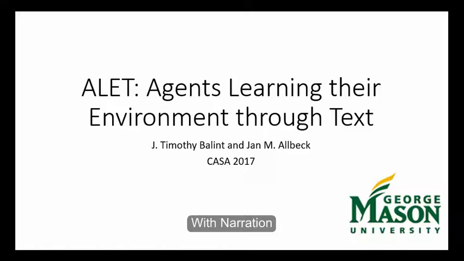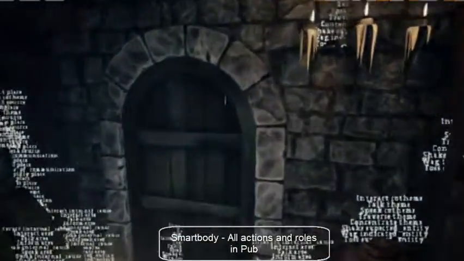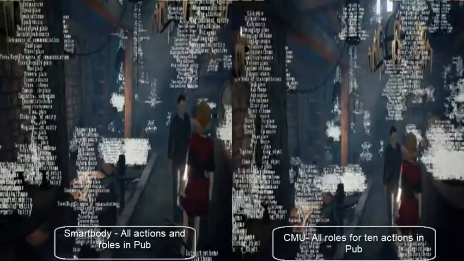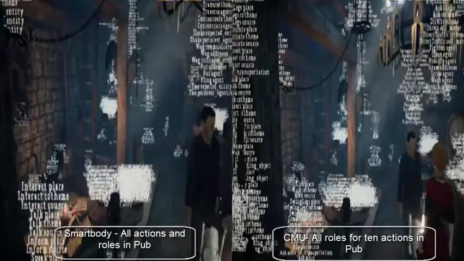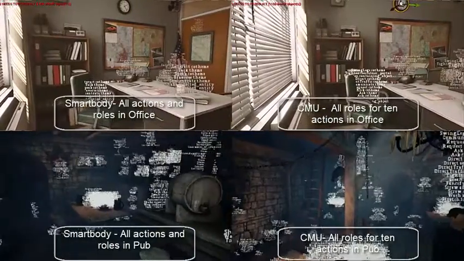We present the Agent Learning their Environment from Text, or ALET, system. ALET connects virtual character behavior to the objects that appear in a virtual environment. ALET also disambiguates descriptors that can be used to control virtual agent actions. Previous methods, such as ALET and Albeck, were completely unable to capture action descriptors, which we refer to as non-interactional